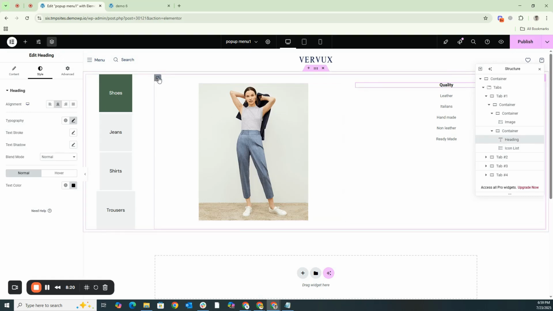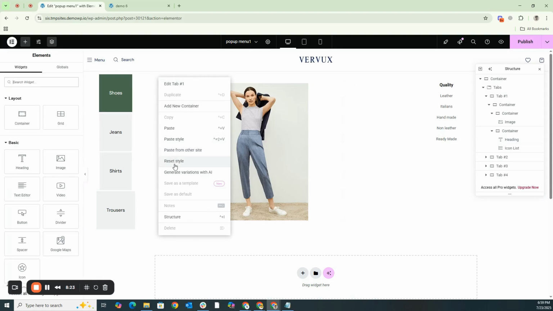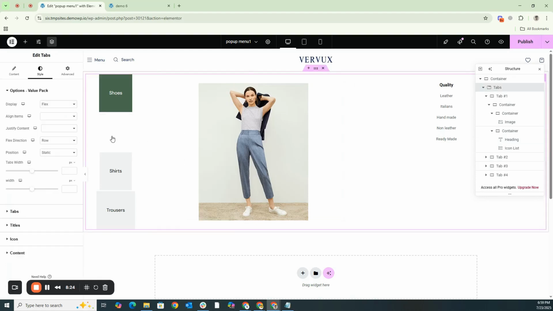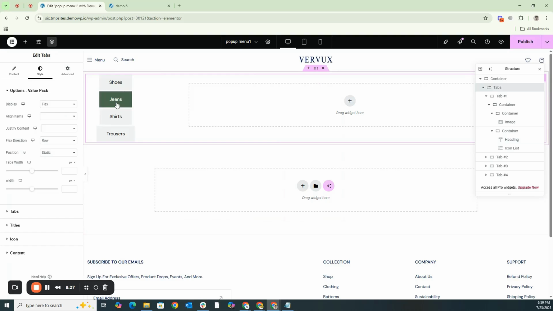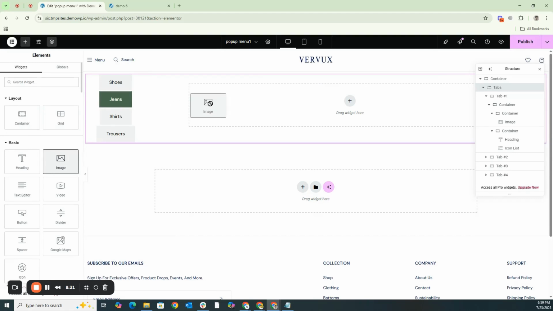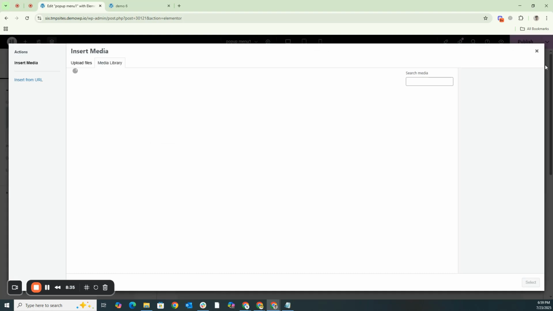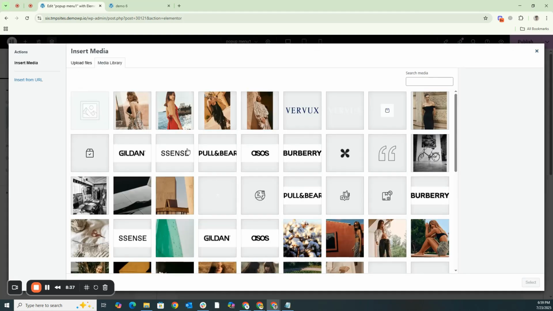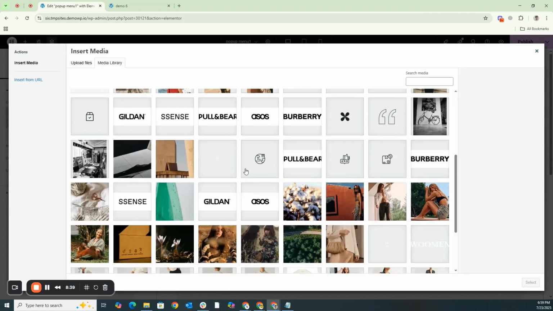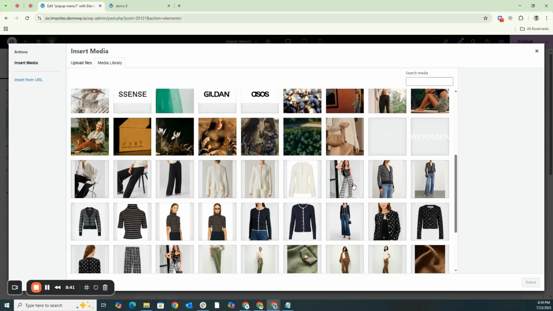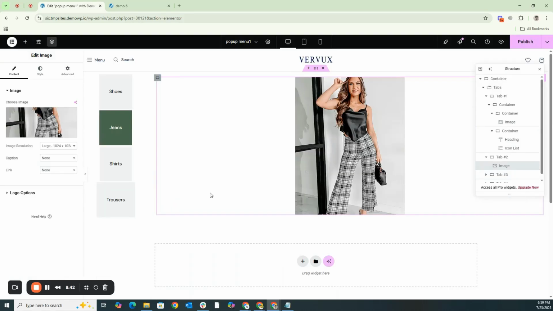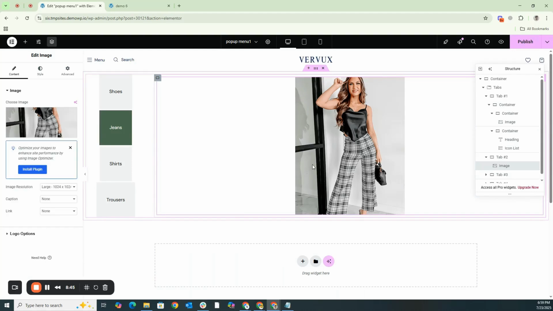In the same manner, we will then move on to creating the second tab. For instance, we have a jeans tab. For this section, we want to create a single well-organized row here, which will contain just one image. We will add an image, any suitable image you prefer. I personally added an image that is related to jeans, but you are free to arrange your content exactly as you like for your project.